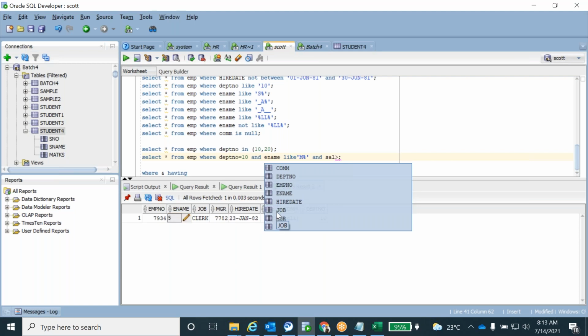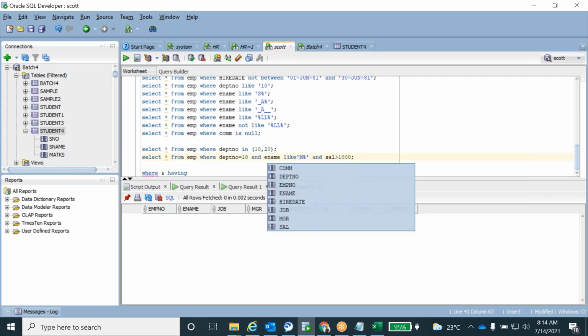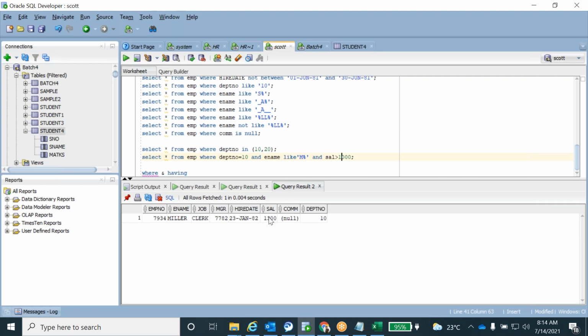You can use one more AND: salary greater than, what is the salary here? Let's see what happened. Salary greater than 2000. So what is my salary here exactly? 1300. I gave the condition salary greater than 2000, which is a false condition, the data is not matching. See, no data. So I give 1000. See, I got the data. Like that, whenever you want, you can use any number of conditions in the where clause. Between each condition, you can use AND or OR. Any one of the logical operators you can use to combine the conditions.